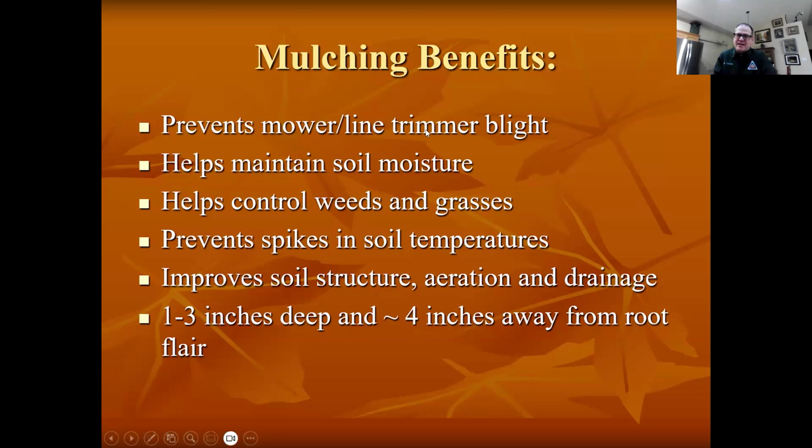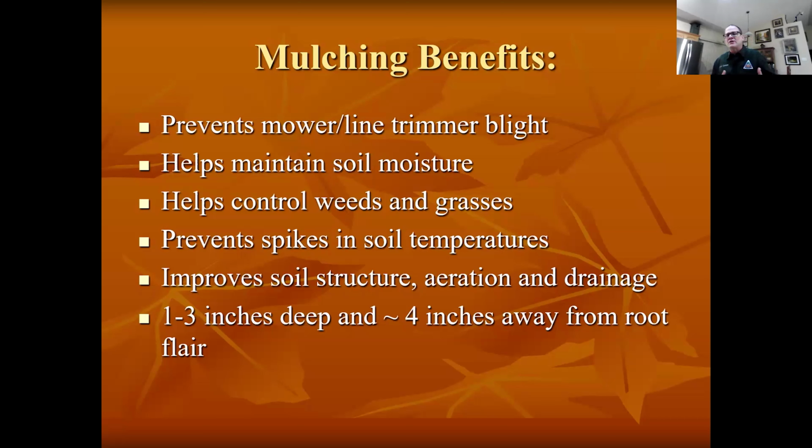What mulch does is keep you from hitting the tree with weed eaters and lawnmowers. It helps, especially during drought, to maintain soil moisture so the tree doesn't dry out as quick. It helps control weeds, it prevents spikes in soil temperatures, and it improves soil structure as the mulch breaks down into organic matter. Since it retains moisture, it also draws earthworms and other invertebrates into the soil, and they help make that soil less compact and healthier.